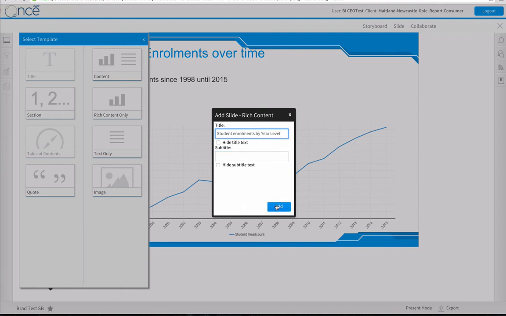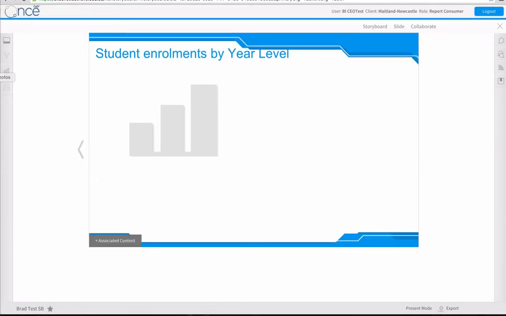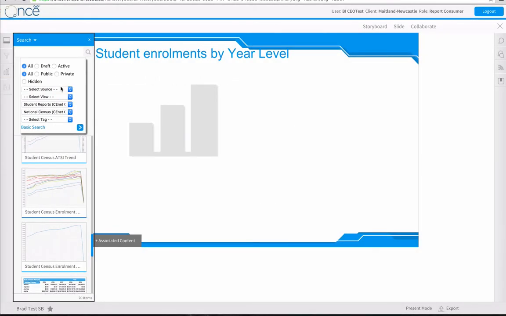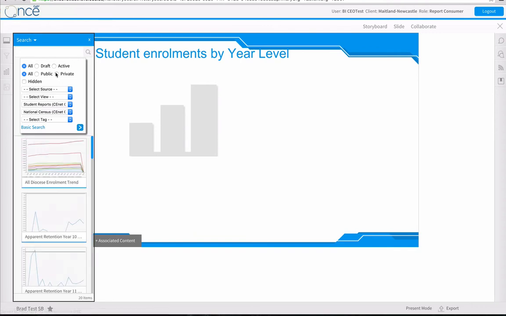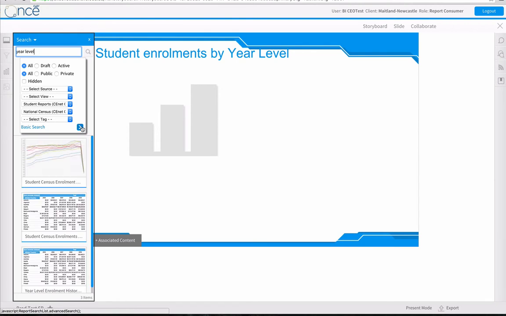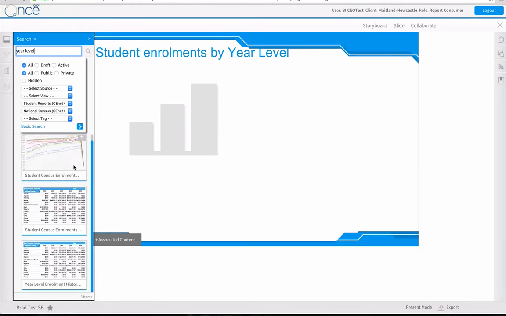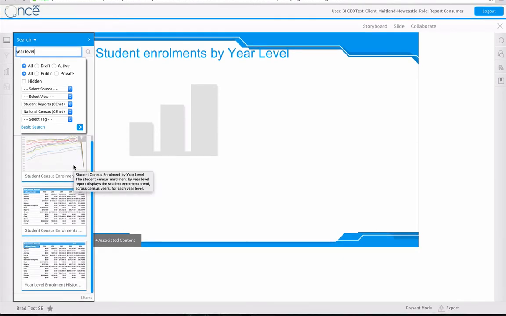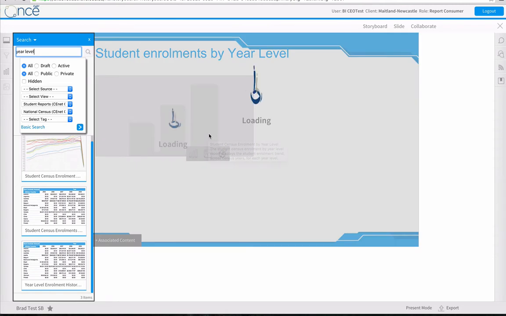Now I've already created this report, so I'm going to search for this report on the left hand side here, and I might search for year level. Let's see what comes up, and we're going to look under the national. You can see here you get some little tooltips up. So this is a student census enrollment by year level report. I can drag that on there,